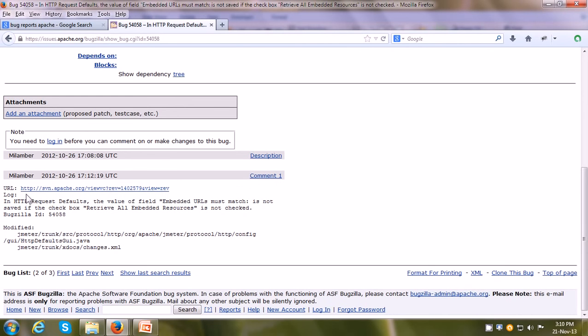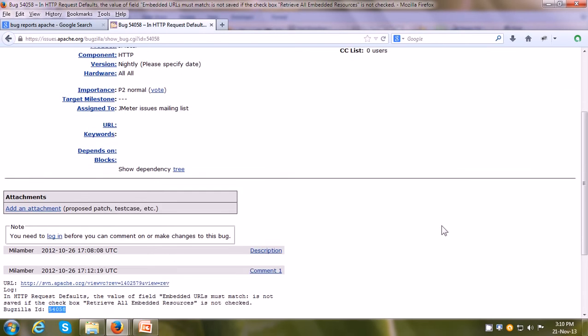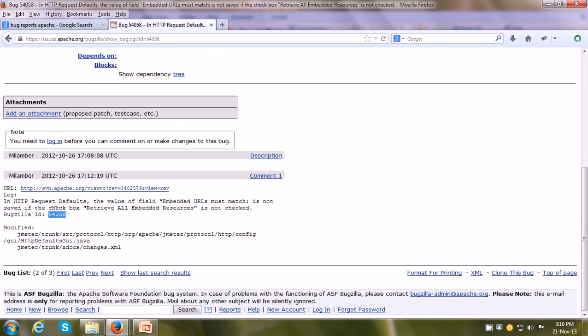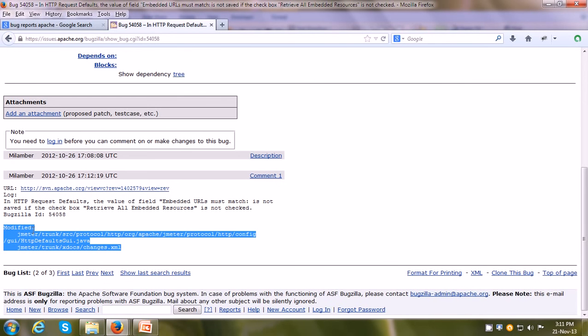In the comment they have given the URL, and they have described the problem. In HTTP request defaults, the value of field embedded URLs is not saved if the checkbox is not checked, and the same ID 54058 is also given over here, and they have given what file they modified.